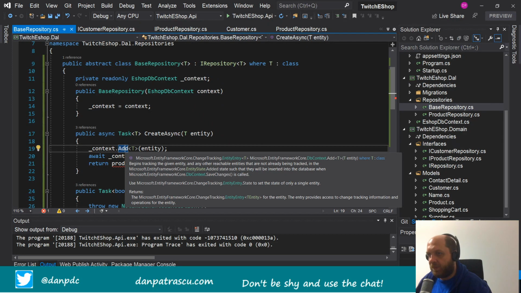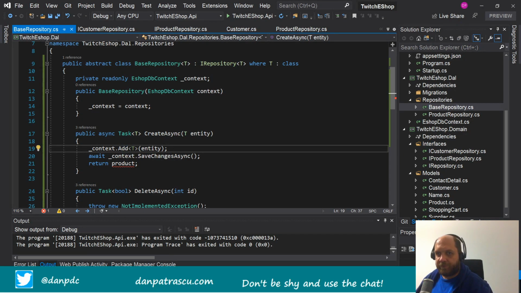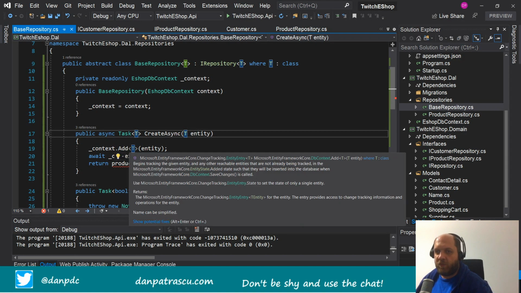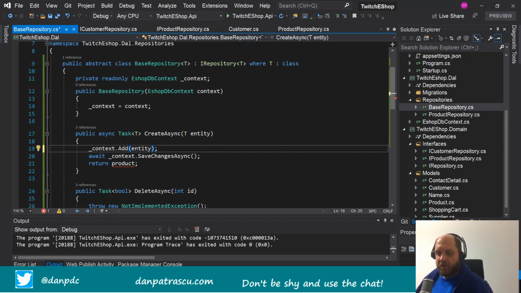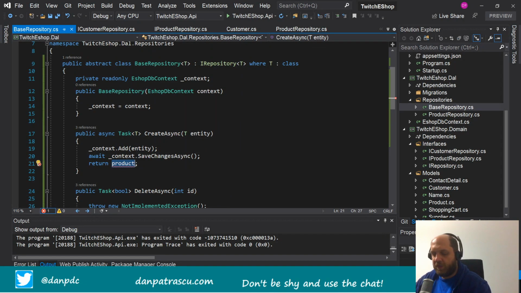Because it has the DB context and it looks for it. Tracking of a given entity and other reachable entities that are already here. Okay, yeah, of course I know from T, but I guess that should be okay. It probably will find the DB set, the corresponding DB set of it, so that shouldn't be a problem. So we add this entity, and then we do the save changes, and then we return the entity that we